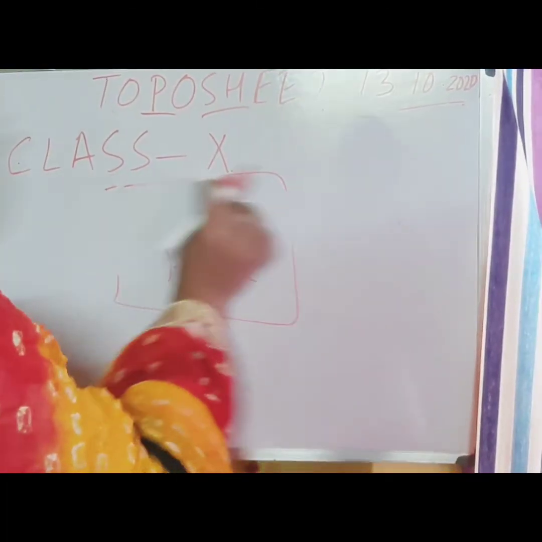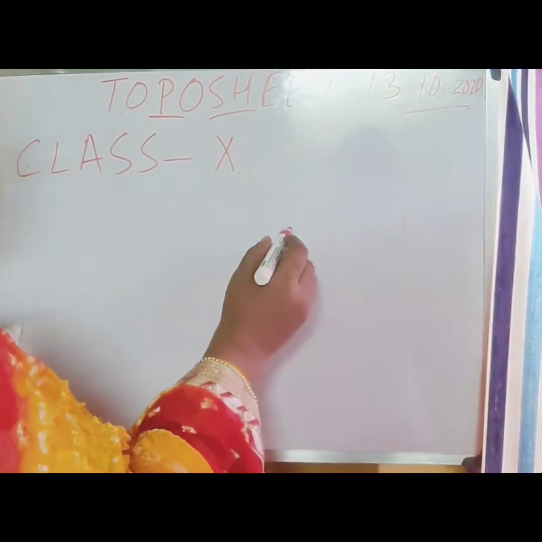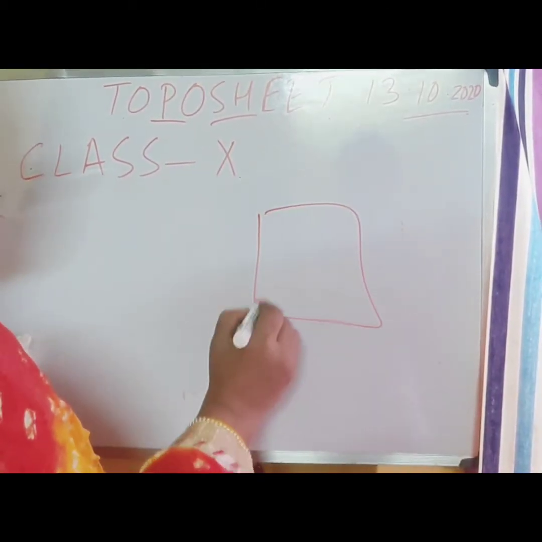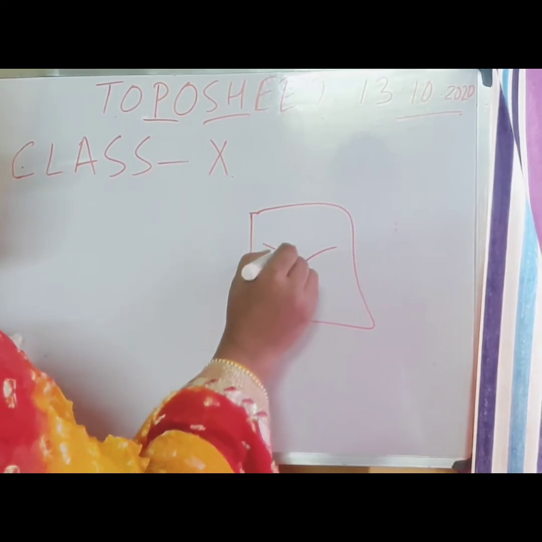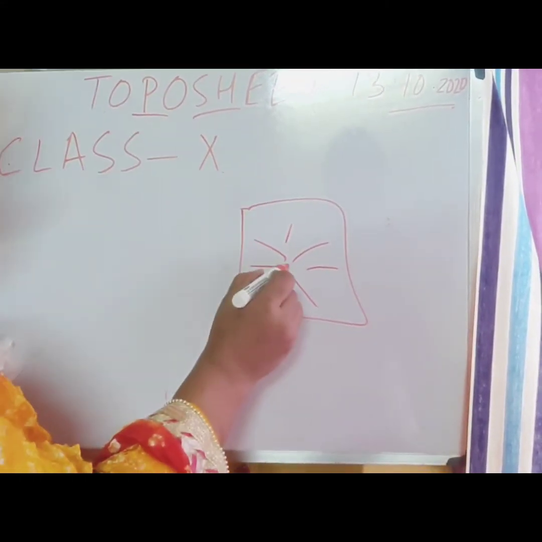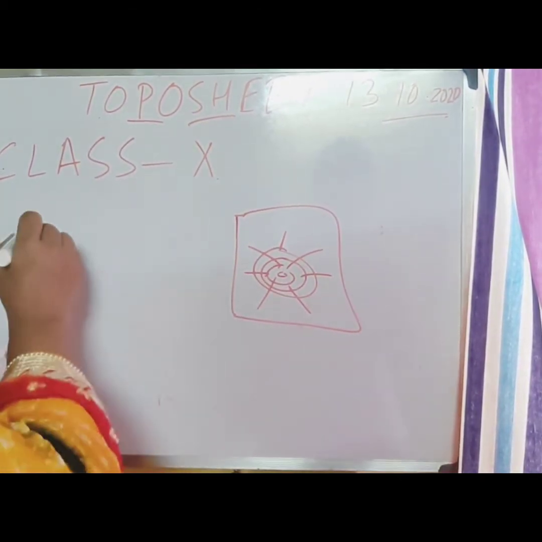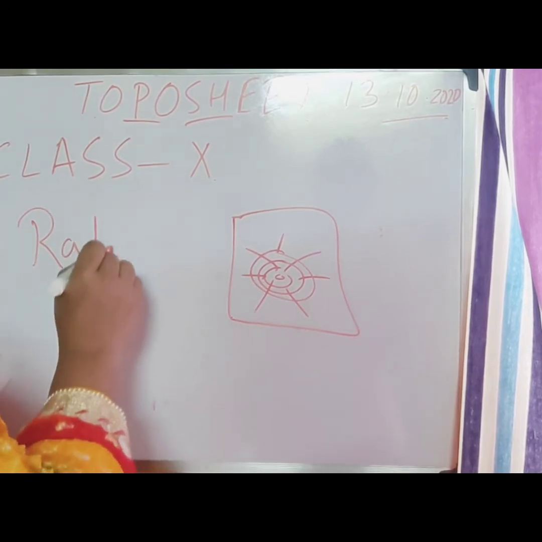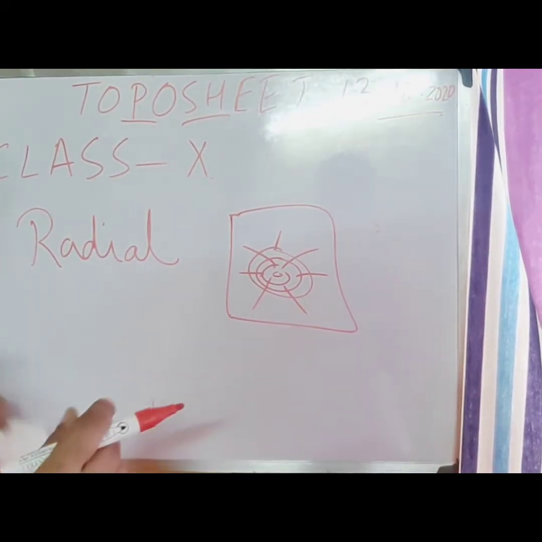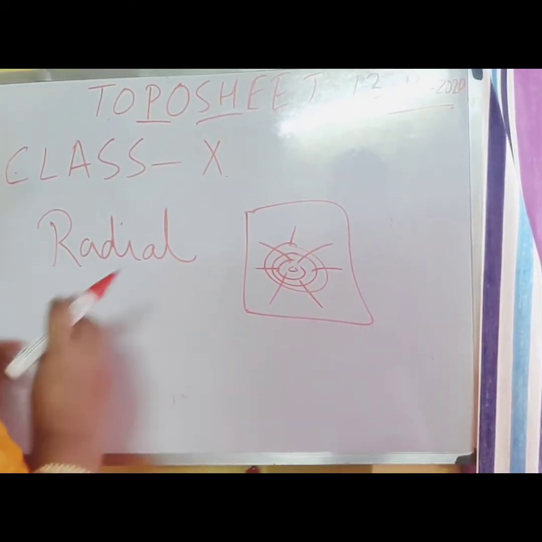Next, I come to another drainage pattern, a very common type of drainage pattern. For example, this is a grid, and in that grid you can get the drainage radiating in different directions, and you know that there will be contour lines here. In this type of drainage pattern, it is called the radial drainage pattern. Okay, radial, why? Because it is moving from the height to the different surrounding areas.